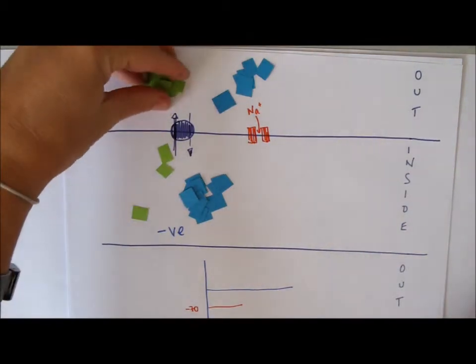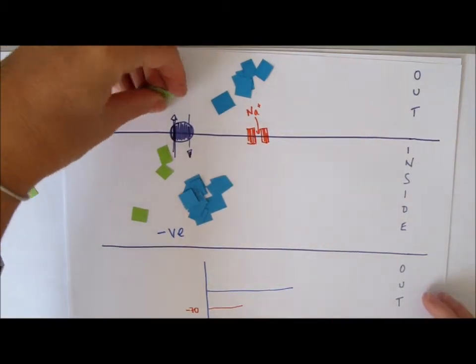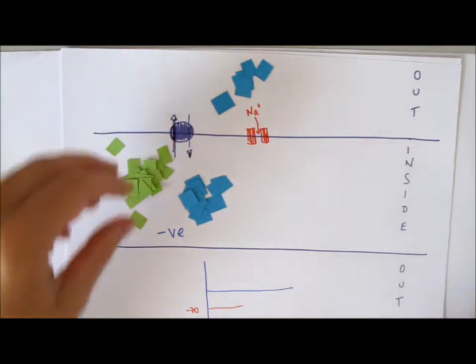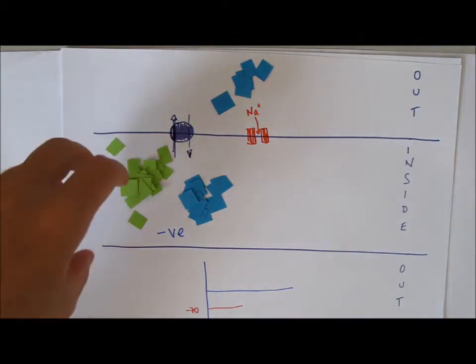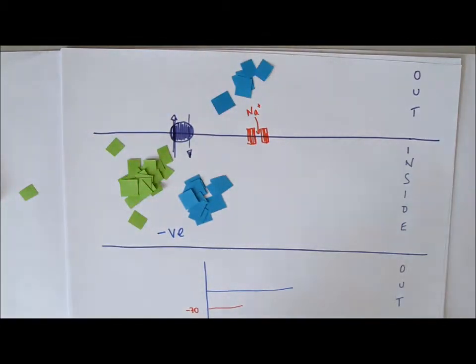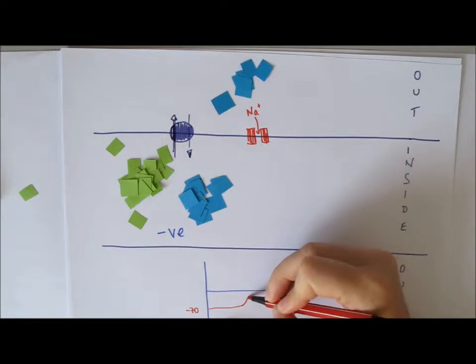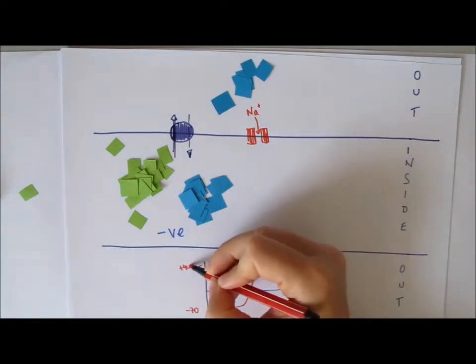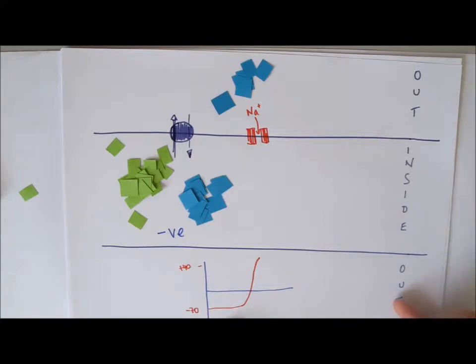And so all of this sodium comes whizzing into the axon. So now that means that relative to the outside there is much more positive charge in. So we have now gone all the way up to around plus 40,